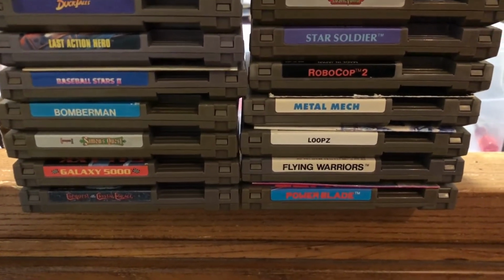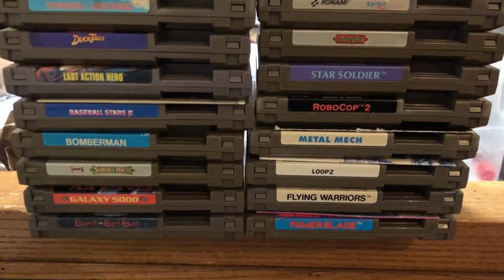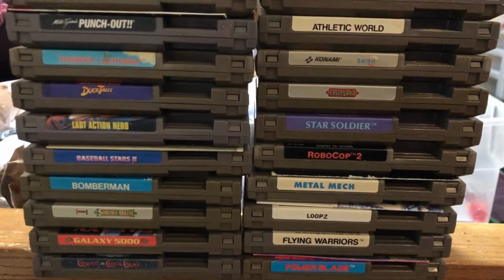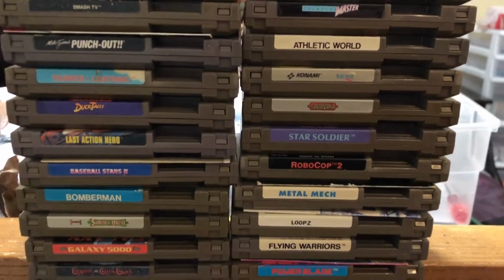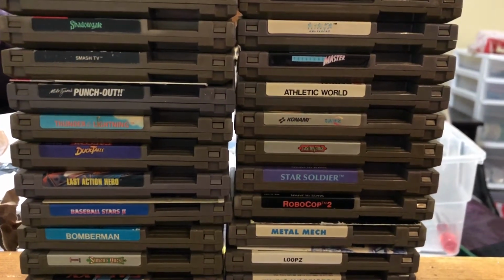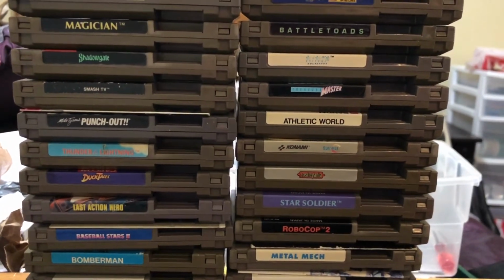The Power Blade with the manual there, I could probably get about $60 for that one. Got some other decent ones here. Castlevania, DuckTales. Last Action Hero with the manual, probably about the same, 50 or 60. DuckTales, Punch-Out, probably 25, 30. We've got Castlevania, Super C, let's see,